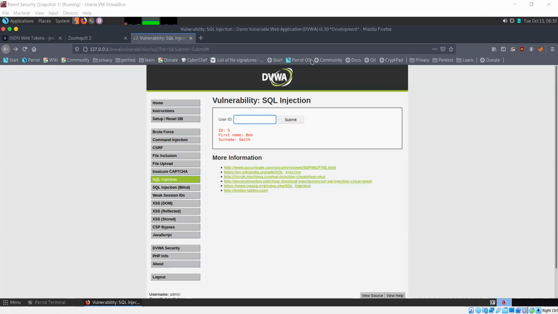So whenever you get this kind of thing, you should think that okay, this might be vulnerable to SQL injection. It's not necessary that you will be able to extract any information or actually perform SQL injection, but it might be vulnerable. So there's a possibility.